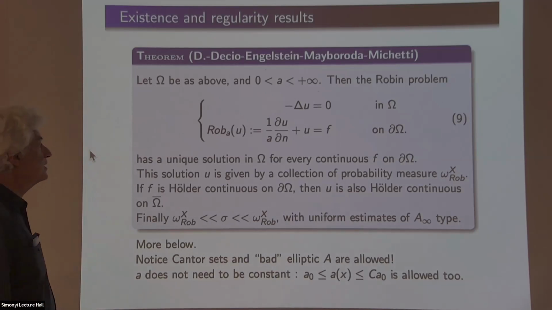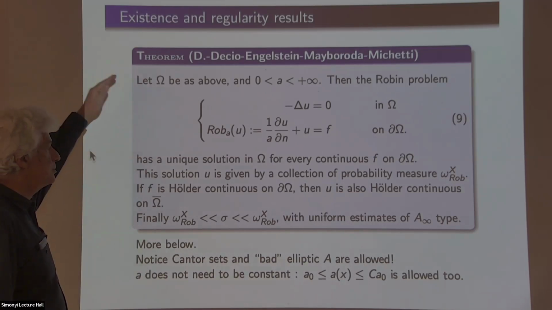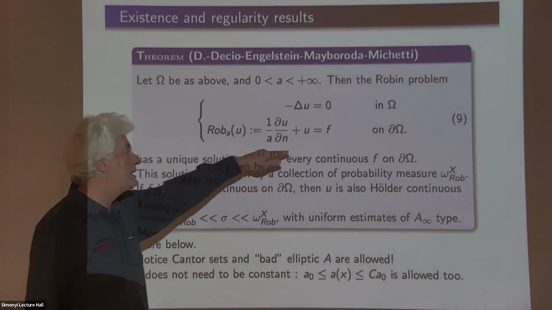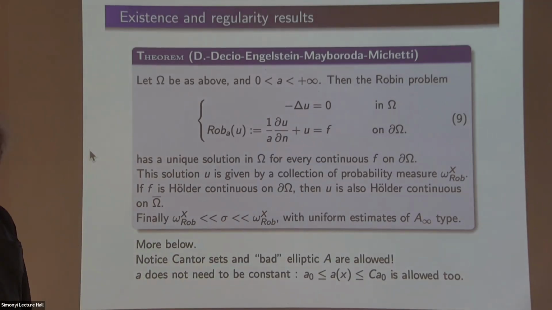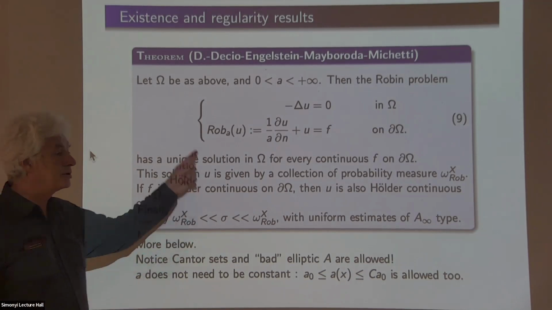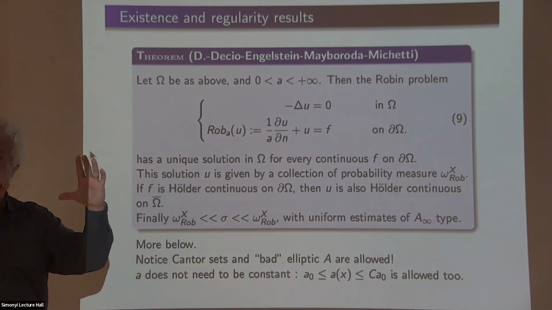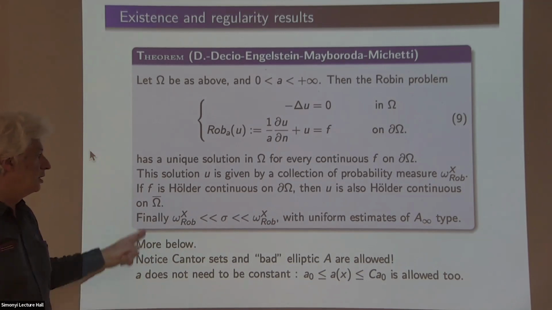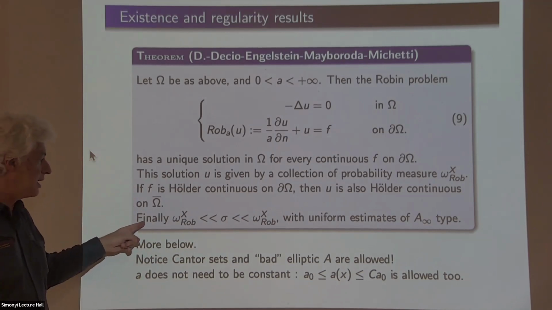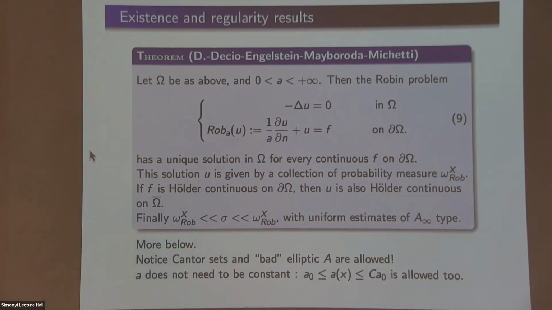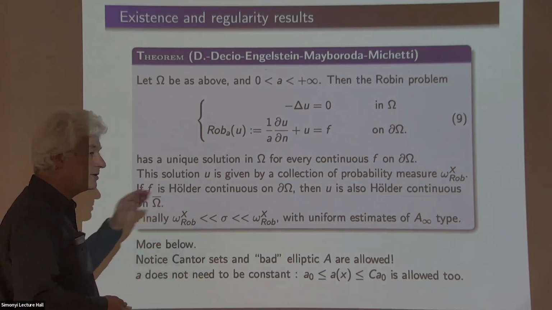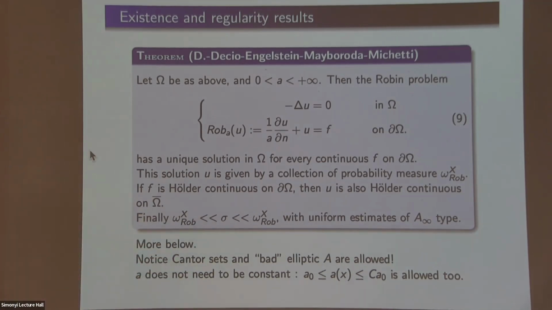Okay, so we're saying essentially that under these assumptions, the Robin problem that I was talking about here, let's say for some continuous function f, has a unique solution. And this solution is further continuous not only on the domain, but also all the way up to the boundary. And then you can define harmonic measure, and harmonic measure is mutually absolutely continuous with respect to the surface measure that I was talking about, sigma, and I have estimates that I will explain more on the next slide.